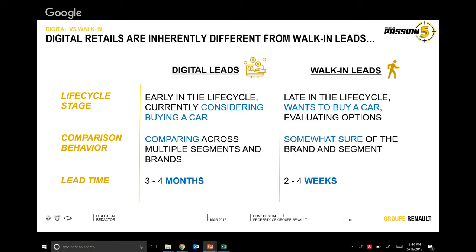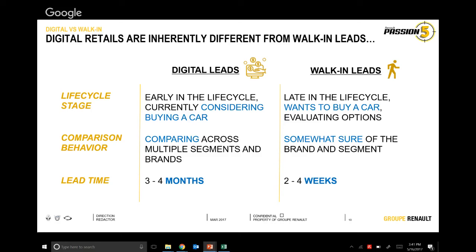But when a customer comes to your dealership, he's looking across multiple variants of the same model. So you see, this is the difference. When the customer is searching online, he's looking across Redigo, Kwid, Alto. But when it comes to your dealership, he's looking for RXT, he's looking for airbags, he's looking for power windows. So he's decided that he's going to buy Kwid, but he's now looking more for the facilities and the variants